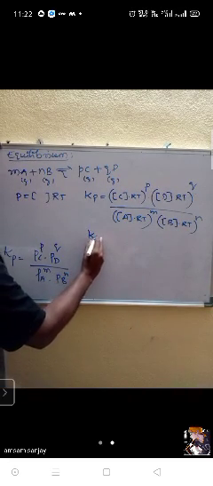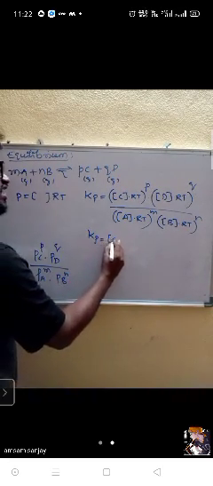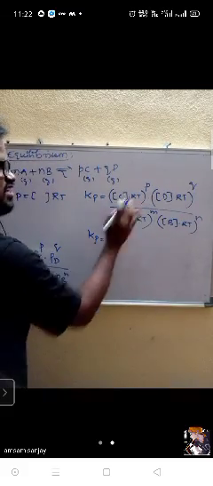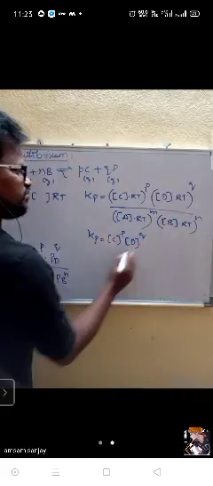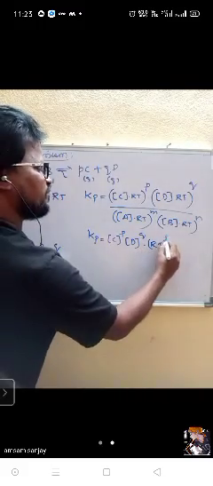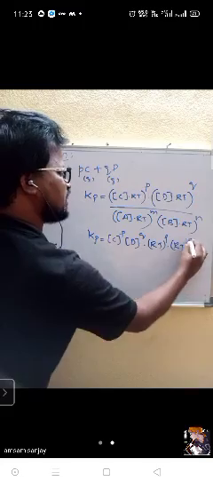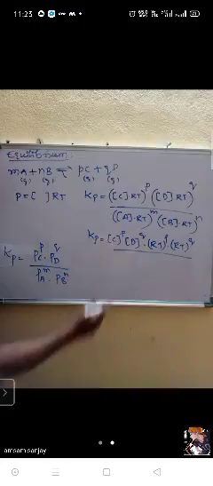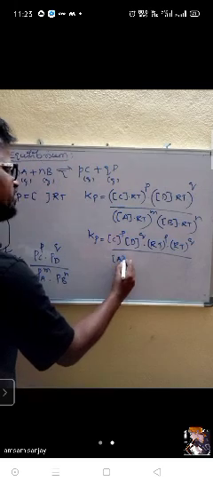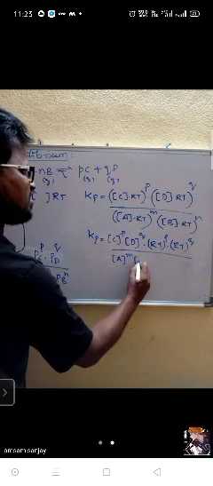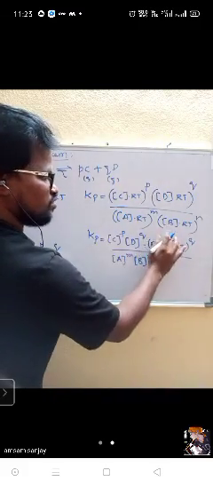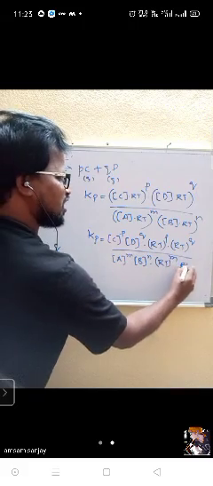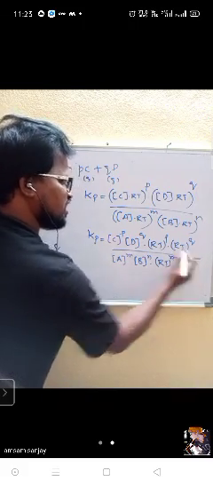Kp is equal to, here, concentration of C to the power of P, and then this. Now I am writing initially this, concentration of D to the power of Q, into RT power P, RT power Q. Divided by, down, concentration of A to the power of M, concentration of B to the power of N, into RT power M, RT power N. Anybody having doubt on this?